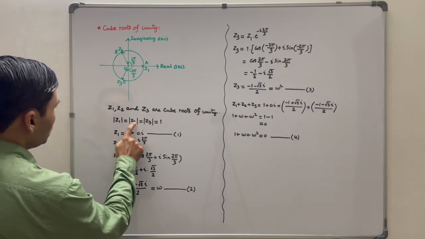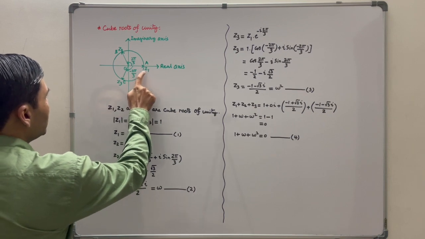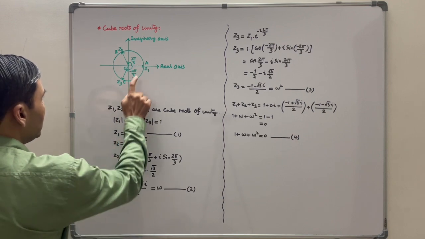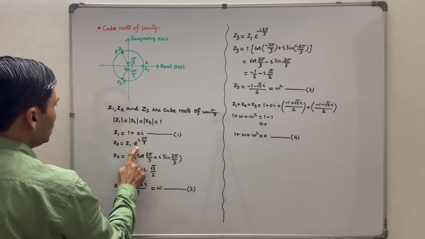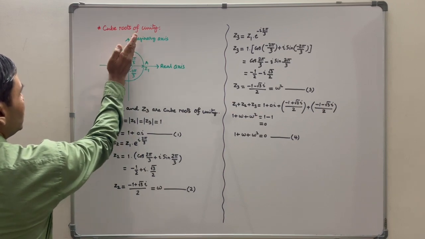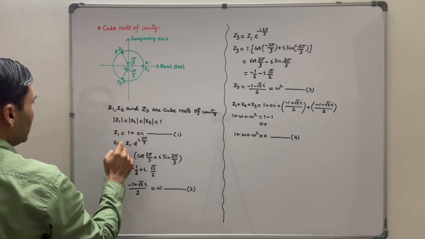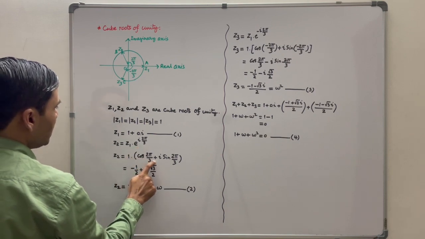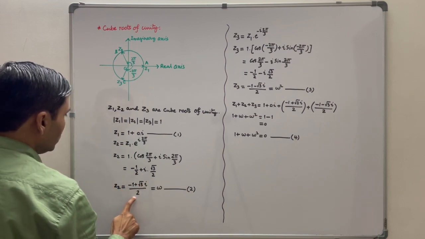Mod of Z1, Z2 and Z3 is equal to 1. As the radius of this circle is 1 unit, we can write Z1 is equal to 1 plus 0i, which is purely real, as Z1 lies on the real axis. Z2 is equal to Z1 into e to power i 2 pi by 3. We get vector OB by rotating vector OA by angle 2 pi by 3 anti-clockwise. Anti-clockwise is supposed to be positive. Z1 is equal to 1 and e to power i theta can be expanded as cos theta plus i sin theta. So Z2 is equal to minus 1 plus root 3 i by 2. This is called omega.